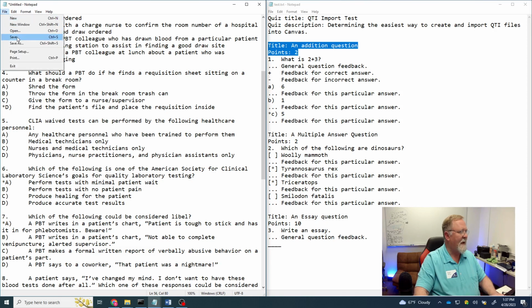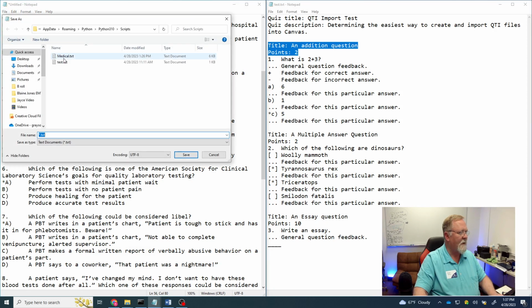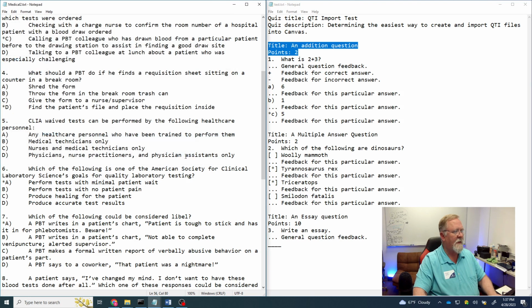Anyway, we're going to save that, and we're going to call it Medical 2, because I've already done one of these just to make sure it worked. So we're going to call it Medical 2 test. We're going to save it in the same place. The only thing that matters is you save it in the directory that has this little script in it. So it's pretty simple. I'm going to go ahead and save it,